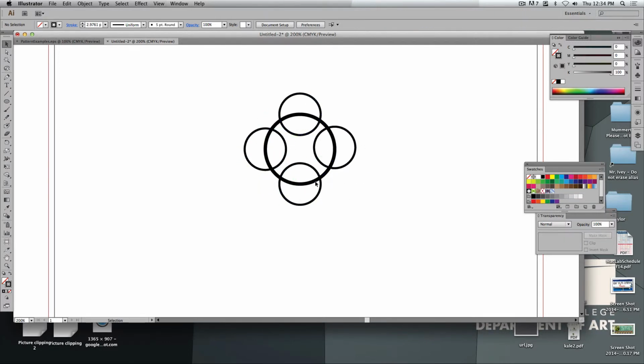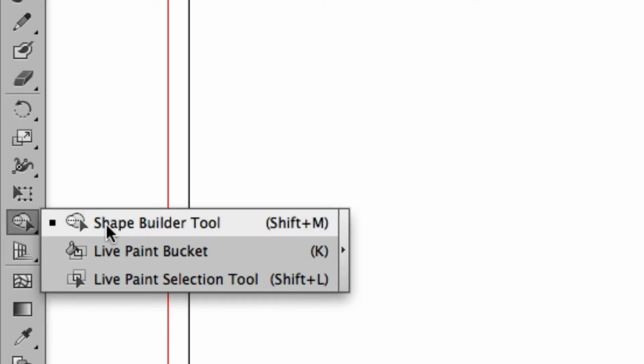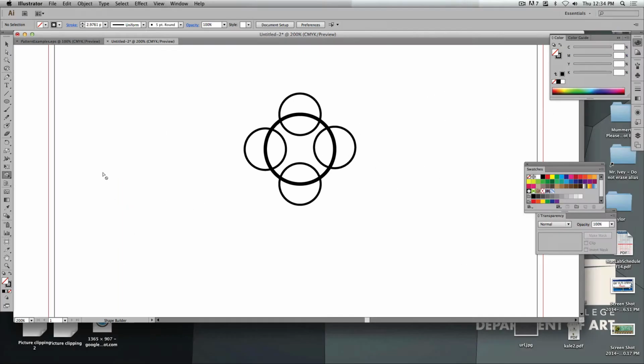Okay, so I've got circles on top of circles. Now I'm going to start playing around with how they interact with each other. The best tool to use is this tool called the Shape Builder. Shape Builder allows you to quickly fill in, create, and subtract areas from your shape. So with it selected,